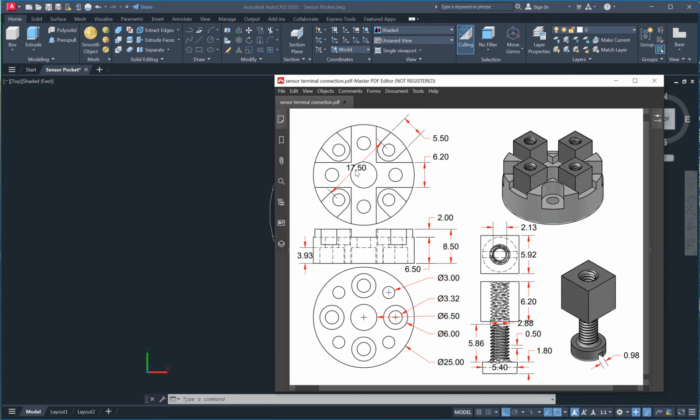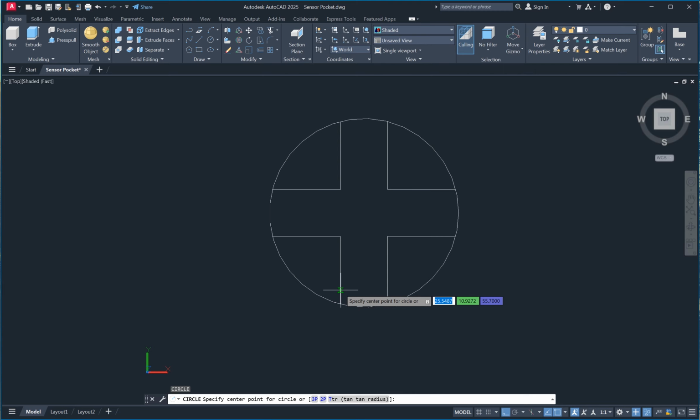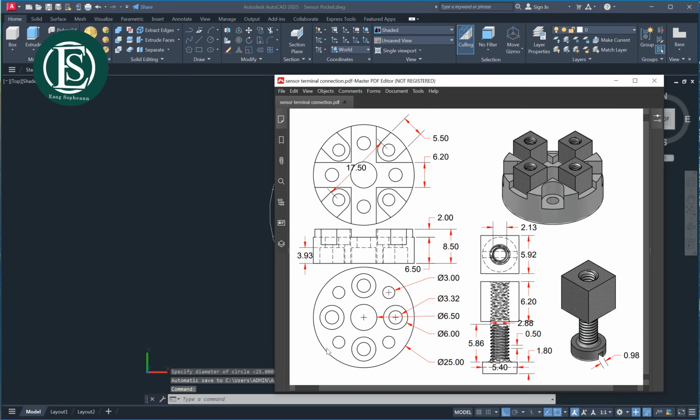And the next is the hole at the middle is 6.5. C, enter, specify center point, click here, D, enter, 6.5, enter. And the next, this hole 3.32.